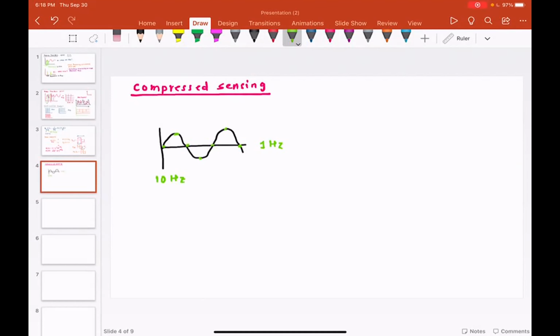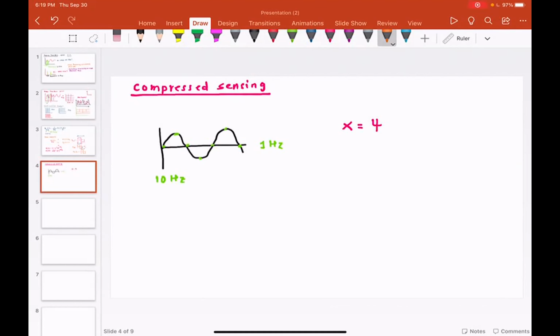All right. So compressed sensing is revolutionizing the way we look at data and signals. Here is the basic argument. You have something called a compressible signal X, and you have something called a transform basis.